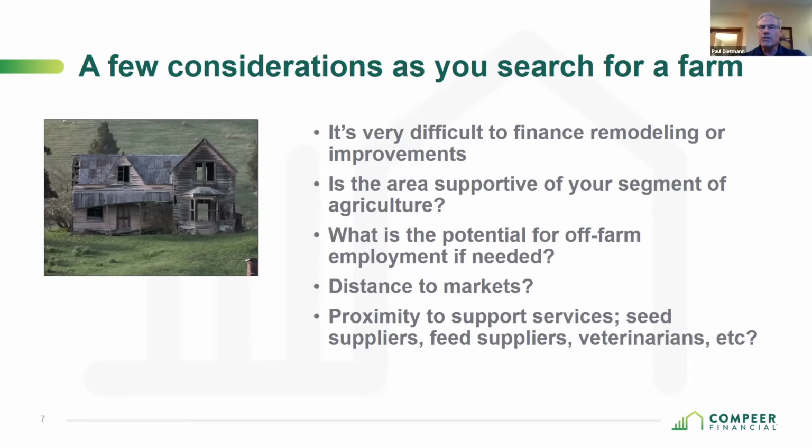A few considerations as you're searching for a farm. Number one, and this comes up a lot with beginning farmers, especially with that beginning farmer down payment program, the 54550 program. It's really difficult to finance remodeling or improvements. So if you're looking at buying land or a farmette and it's got a house that's sort of a wreck,